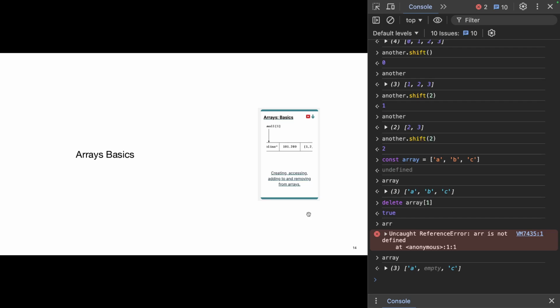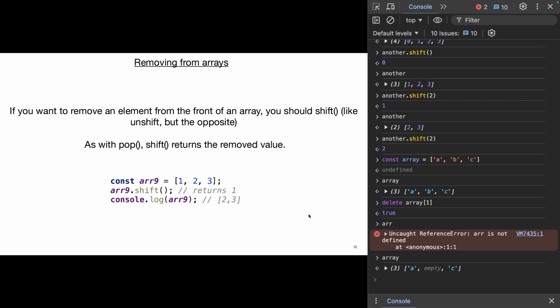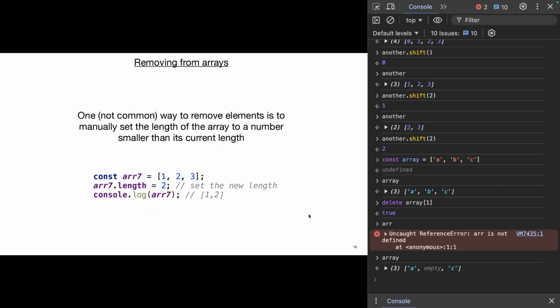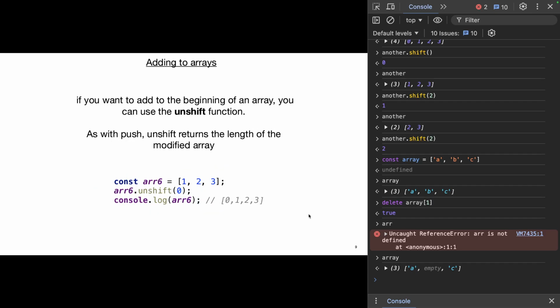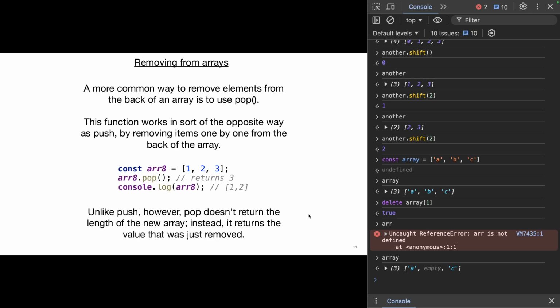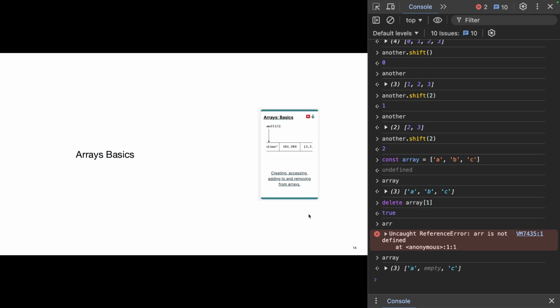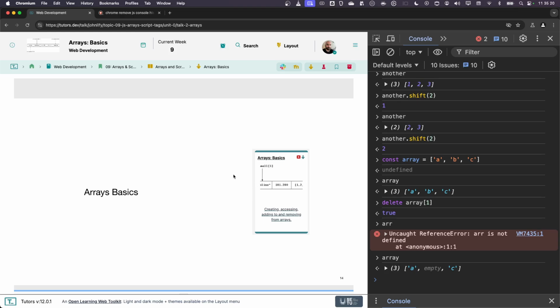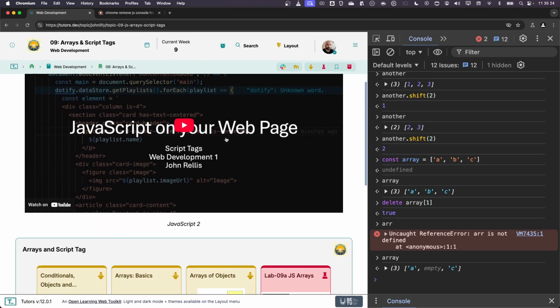So that's kind of the basics of arrays. You rarely do a delete. You would end up doing the likes of pop and stuff a lot. Knowing methods like shift and unshift and things like that can be quite useful for things like interviews. They kind of like to ask those. So that's the basics of arrays, and now we want to look at